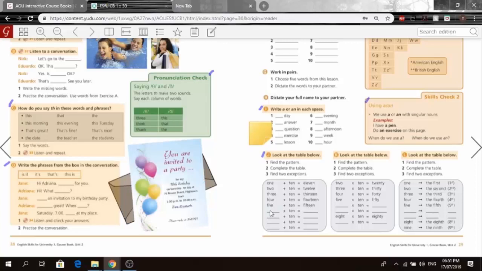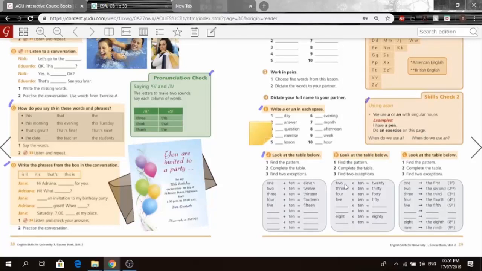Anyway, so 6 plus 10 is 6, and then add the word teen, okay? 7 plus 10, 17. 8 plus 10, you write the word 8, E-I-G-H-T, and then add the word teen, 18, okay? 9, 19, okay? Now, exercise K, look at the table below, find the pattern, complete the table, and find 2